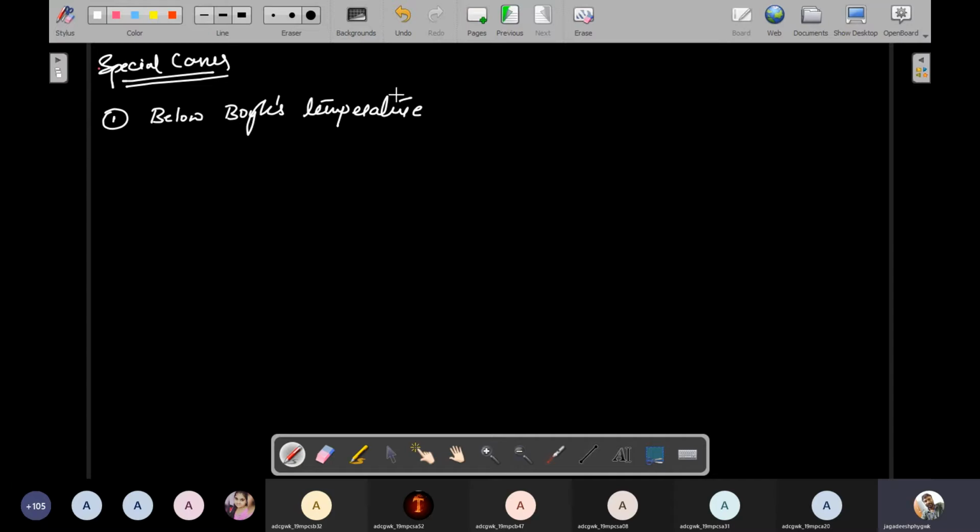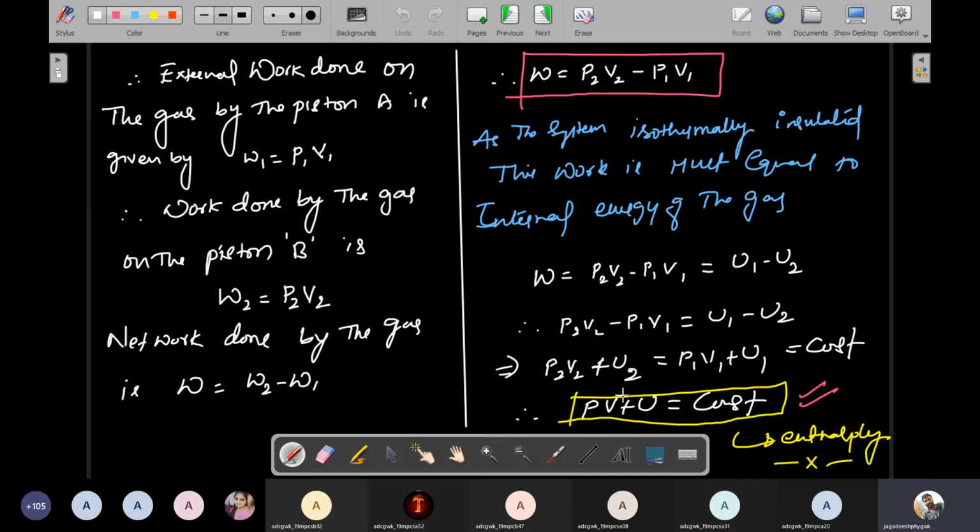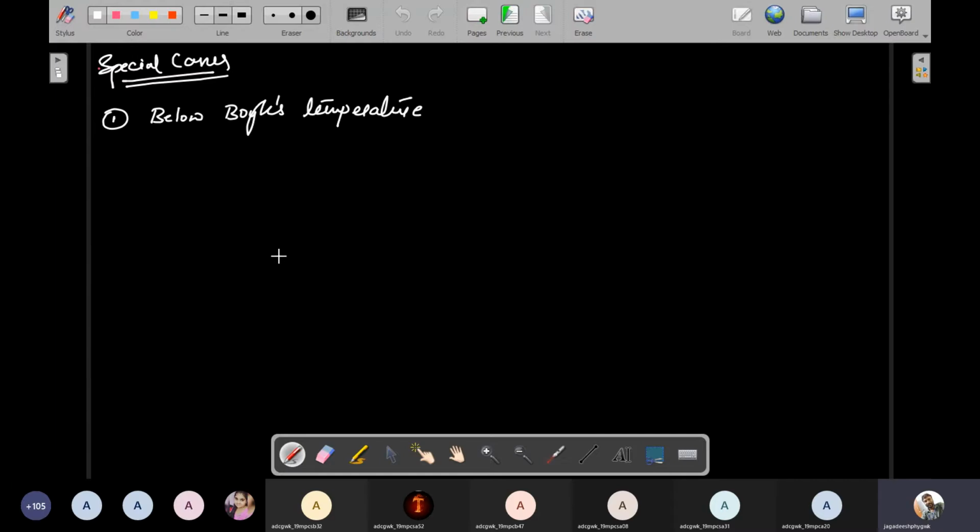I will see this equation, PV plus U is constant, which finally gives enthalpy. How does this enthalpy change below the boil temperature, at the boil temperature, and above the boil temperature? I want to check that now. See, at below boil temperature, the experiment shows